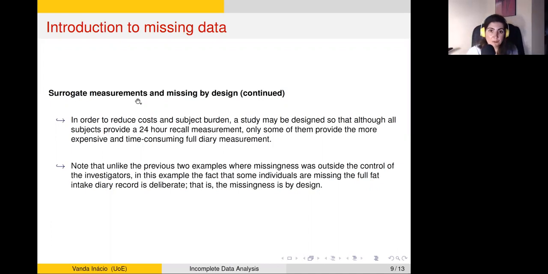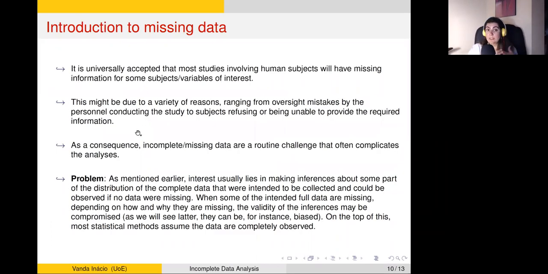Let's keep this message. What these three examples show us is that most studies involving human subjects are prone to missing values. And these missing values might be due to a variety of reasons. They can be due to mistakes made by the personnel conducting the study, or because the subjects refuse to participate, or they are unable to provide the required information. There are plenty of reasons why we might have missing values, but as a consequence, incomplete data is a routine